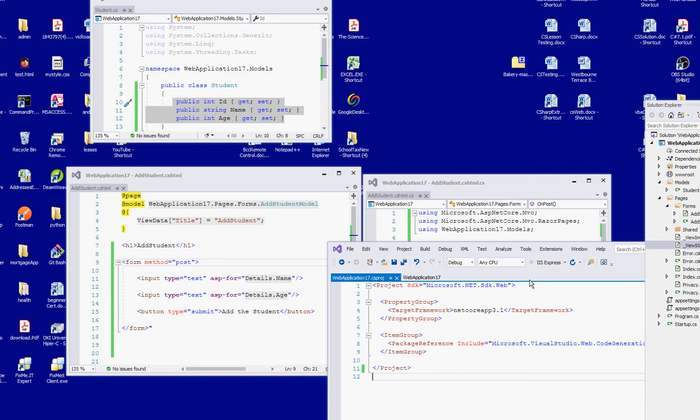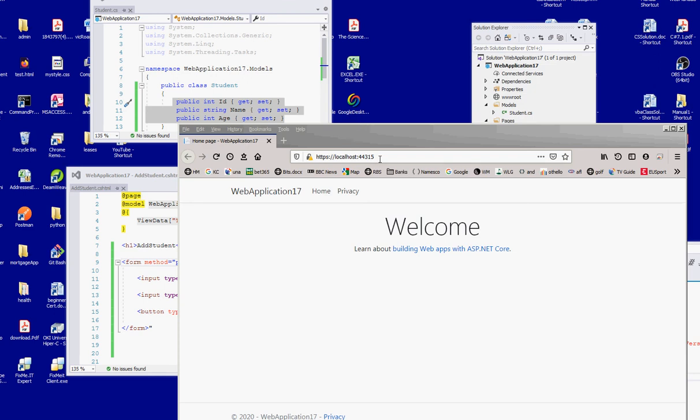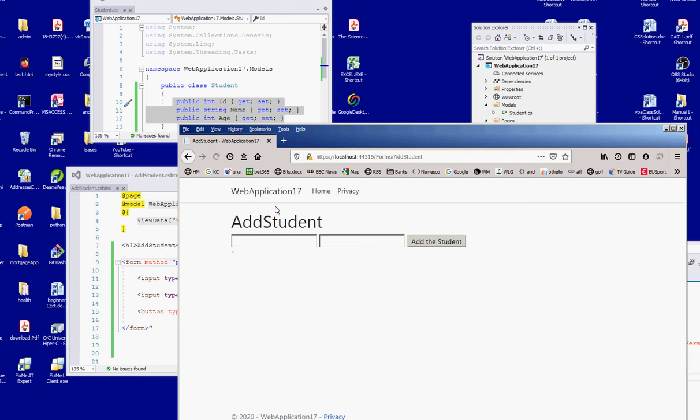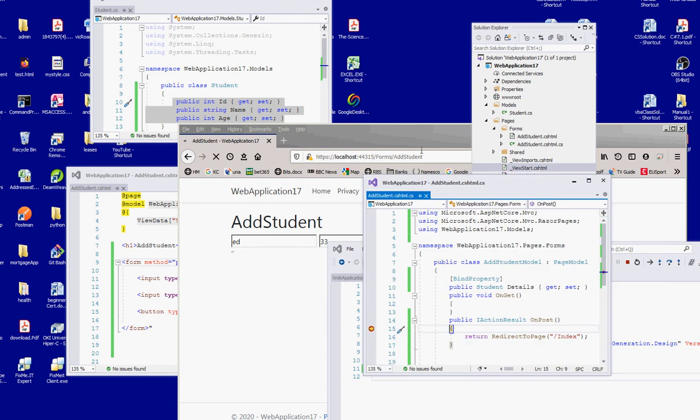And take a look, and we'll add to our URL to get that particular page as before by adding our segment. And there's our form, okay, so now we can just add some data to there and then just add the student, and you can see it actually stops within the